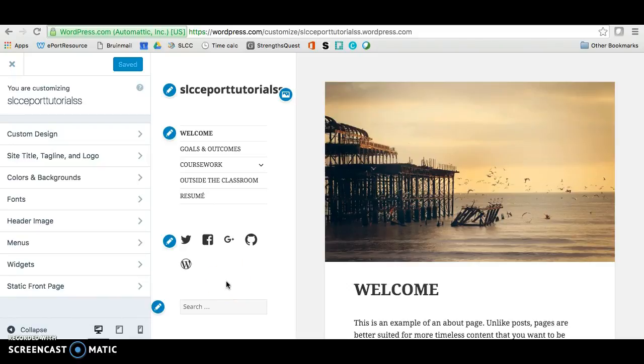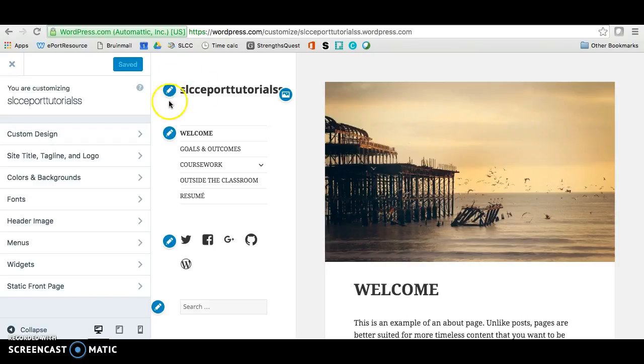In this tutorial I'm going to show you guys how to change your site name so it doesn't say this here but it says your name, so that you have it on every page. And then I'm going to show you how to change a couple more settings, like how to hide your site from search engines, and then we're going to start working on your welcome page. So we're going to start by changing your name.